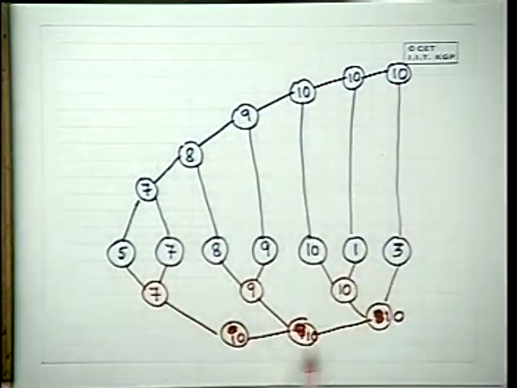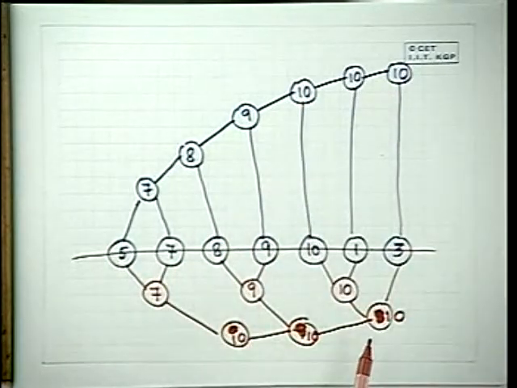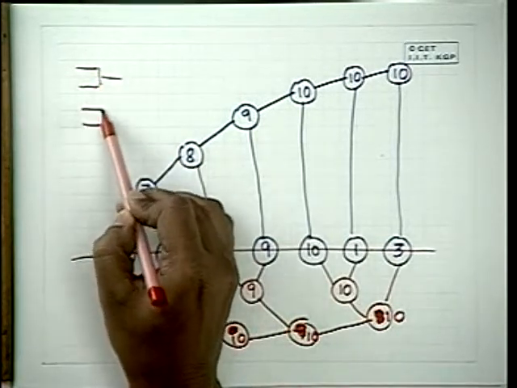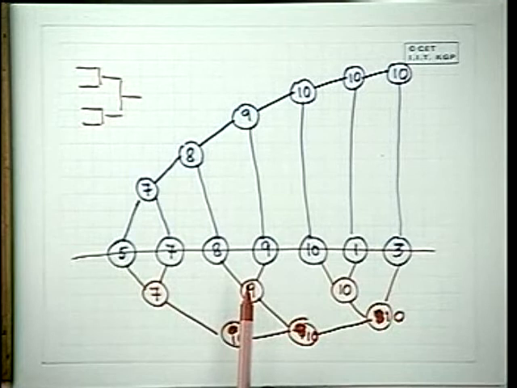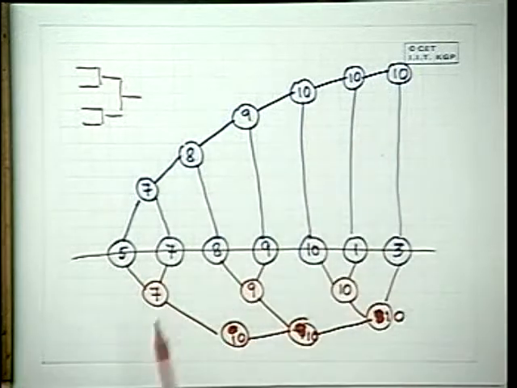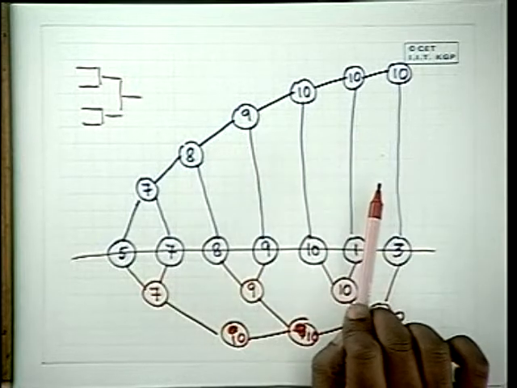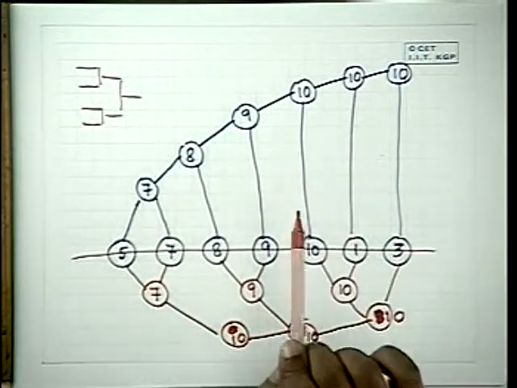Can you tell me what this looks like? What does this look like? And what does this look like? This looks like a fixture of a knockout tournament. And actually it's just a knockout tournament. You're just knocking somebody out by a mechanism of comparison. And any way you fix up this knockout tournament, you are going to get back the winner. Whatever way we do it, we are going to get the maximum by this knockout tournament mechanism.